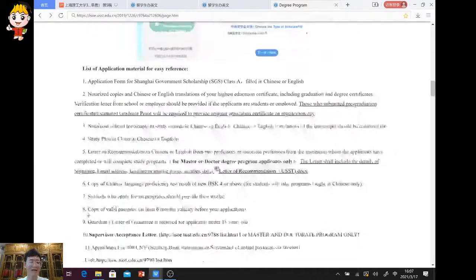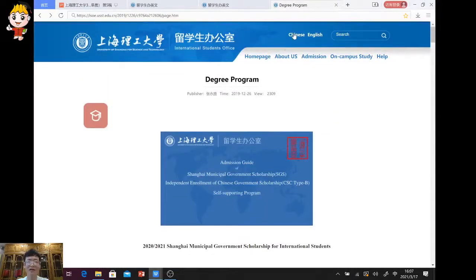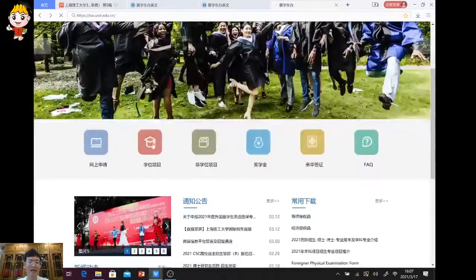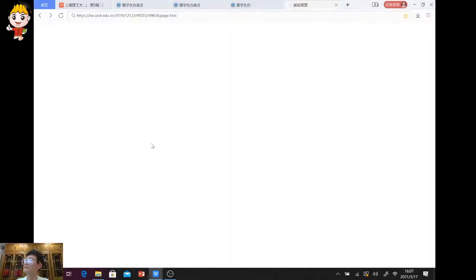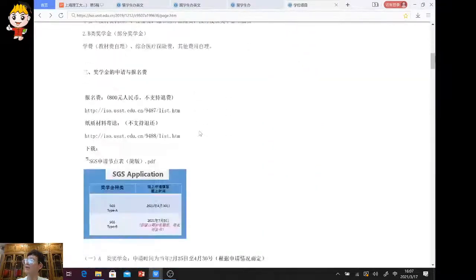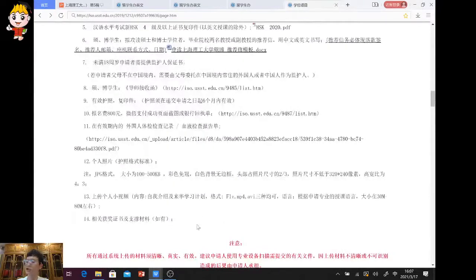Okay, it's all down there, explained in the English version. And if you want to get information in Chinese, click the second button, and then scroll down for more information, 1 to 14.